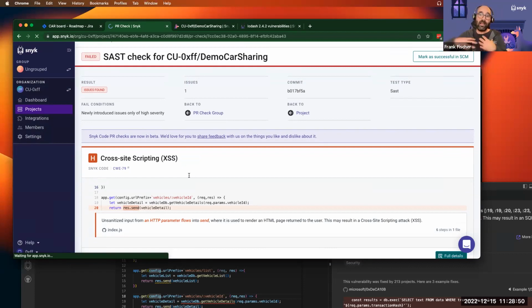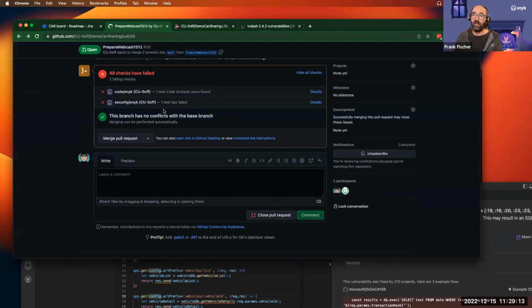As a developer, I'm not responsible for this. So I'm not really interested in this PR showing all of the problems of the whole application. I only want to make sure that with this PR, I don't introduce new problems to the application. And this is why we only show these kinds of differences that are there with